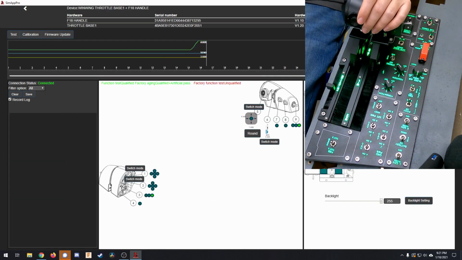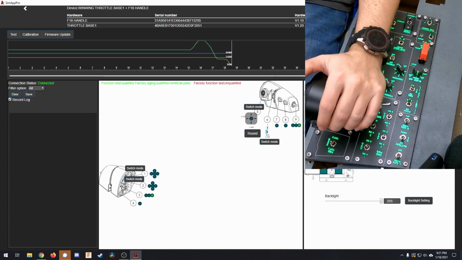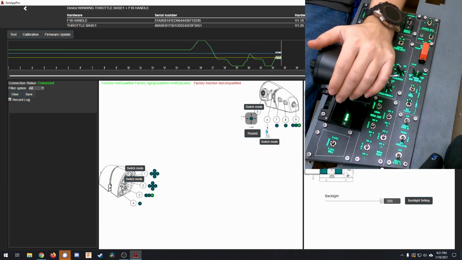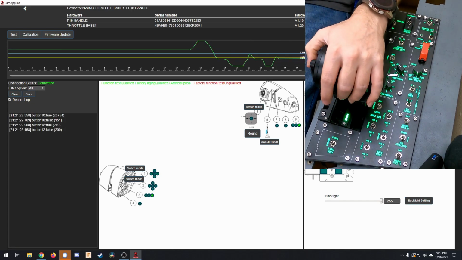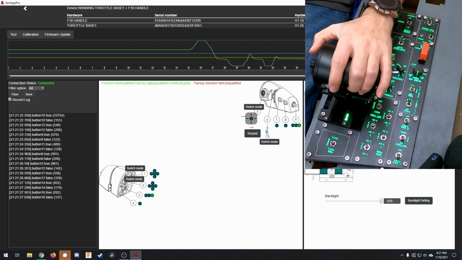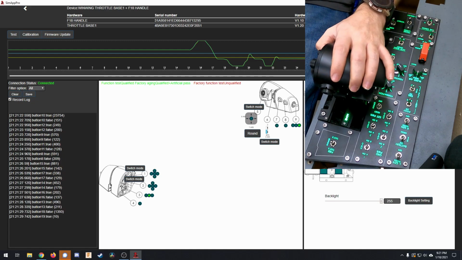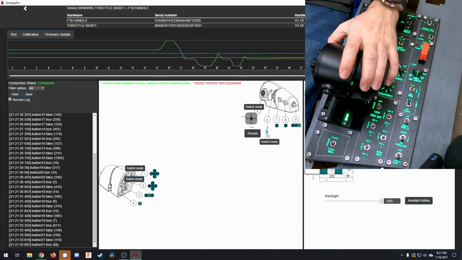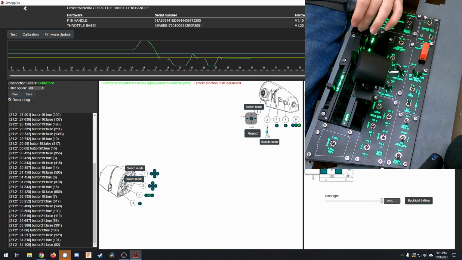Alright, so, starting off, we've got standard throttles, mill, afterburner. Then we have all of our buttons, switches. This is a 5-way hat up top. This is a 5-way hat here. Speed brake is forward back only. We have a button there. Then we have